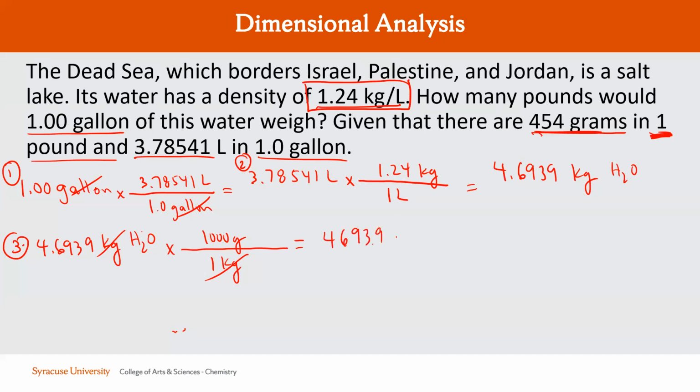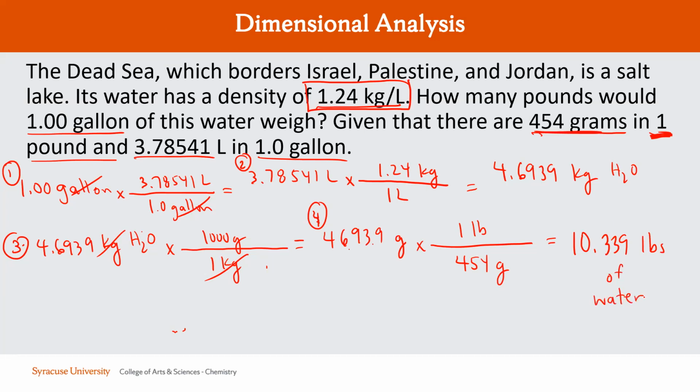4,693.9 grams of water. And then the last step, right, step 4, we can go from grams to pounds, because we know for every 1 pound, I need to have 454 grams. So we're going to divide by 454 grams. And I get something like 10.339 pounds